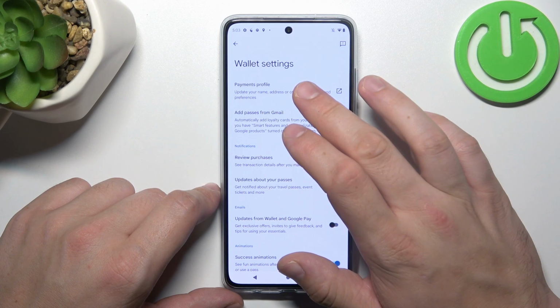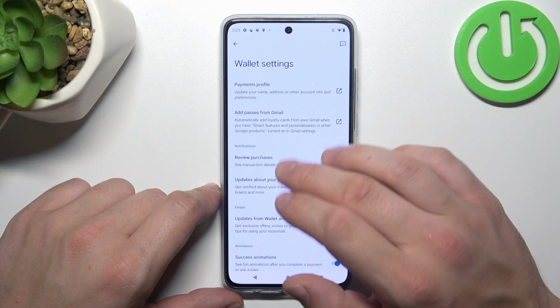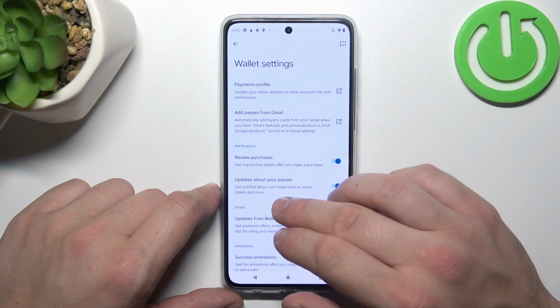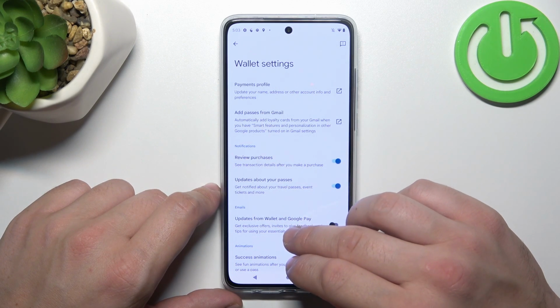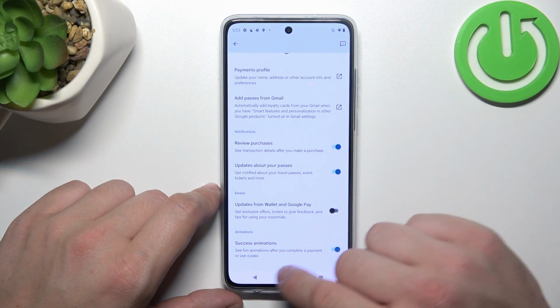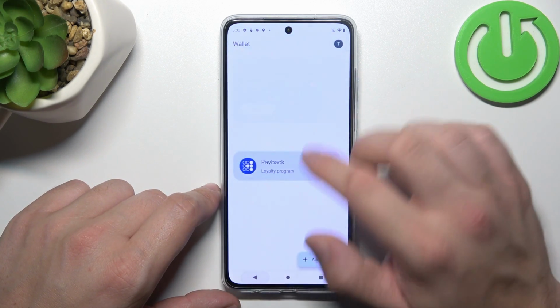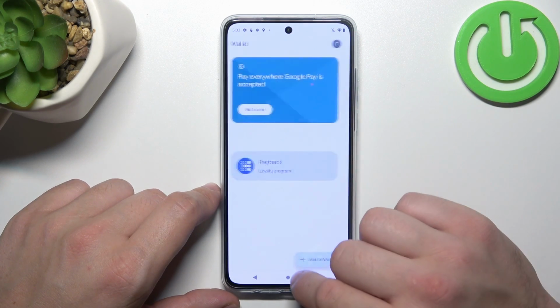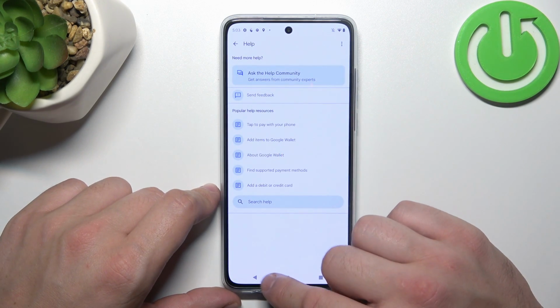In Wallet settings, you can manage payments profile, add passes from Gmail, enable or disable review purchases, updates about your passes, updates from Wallet and Google Pay, and success animations. In the end, you can go to Help and Feedback, and that's